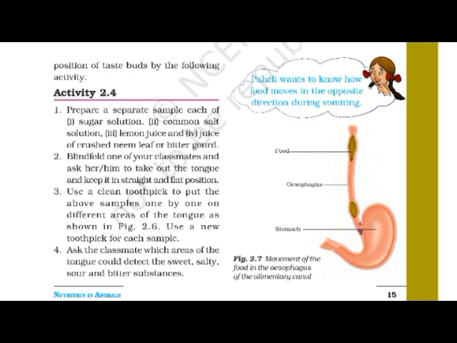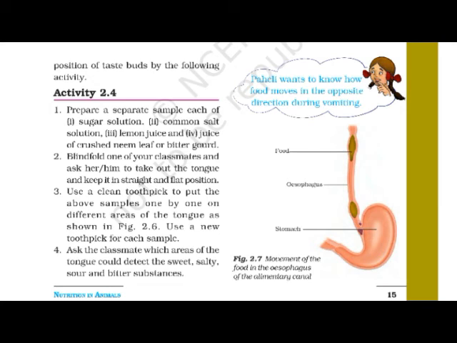Okay, now let me see the stomach. The stomach is a thick walled bag. You can see the figure they have shown there. You can see very clearly that it is a thick bag which is U shaped. Its shape is like a flattened U, and it is the widest part of the alimentary canal. Stomach is the widest part of the alimentary canal.